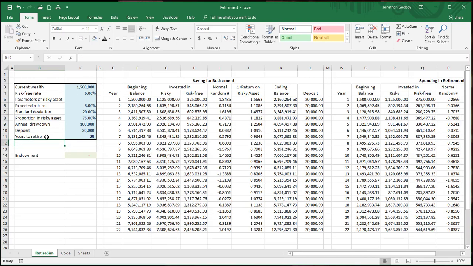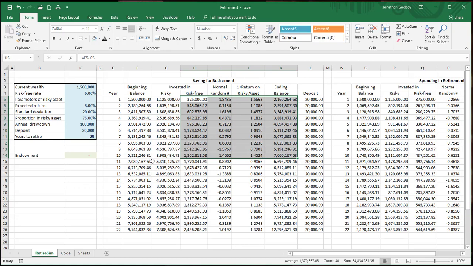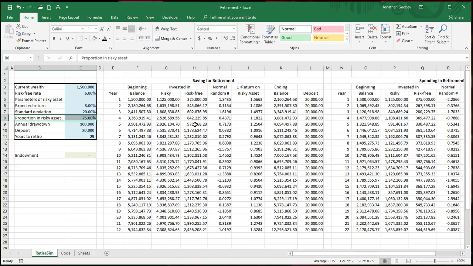So then I need another line. It's going to be years in retirement. So this will be years to retirement. It will give me this number. Years in retirement will give me this number. The offset is going to pick up the balance at the end of my saving for retirement. The endowment is going to be the offset from over here. I might have a proportion of risky assets pre-retirement and a proportion of risky assets post-retirement. So I'm not going through every little detail with you on this because you now have the ability to do that on your own. So watch this. If you have questions,